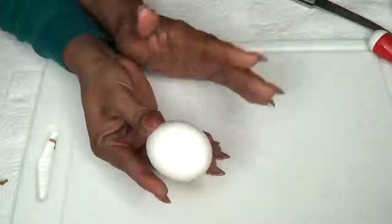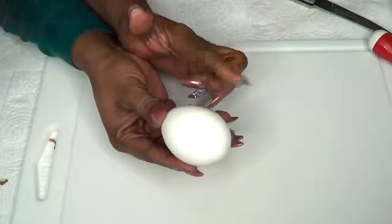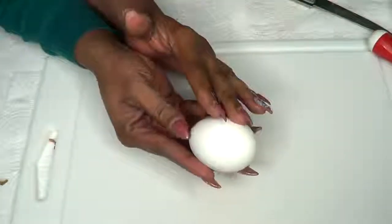Now the next thing I'm going to do, I'm going to prepare the egg, and I'm using only the egg white in this recipe. So to separate the yolk from the white, I'm going to show you how to do it